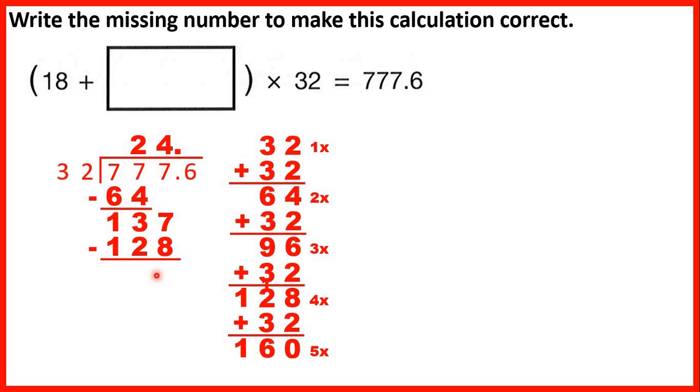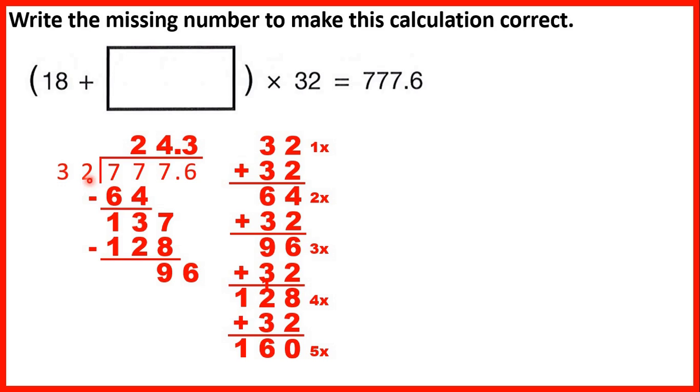Now again we subtract and bring down. So that means we have 96 divided by 32, and because that's exactly 3 times, we can write 3 in our answer line. So we know that what's in brackets must give 24.3,